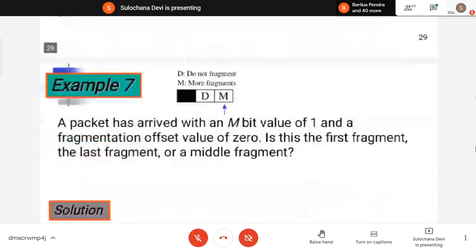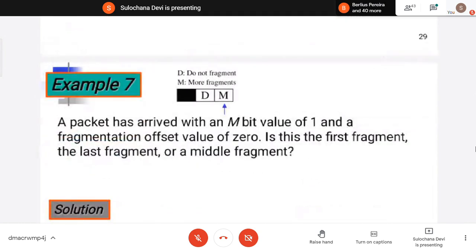Again, here this MF bit is set to 1 and the fragmentation offset value is 0. Now, can you tell me if it is the first fragment, last fragment, or middle fragment? The fragmentation offset is 0 and the MF bit is set to 1. Can we tell if it is first, middle, or last?